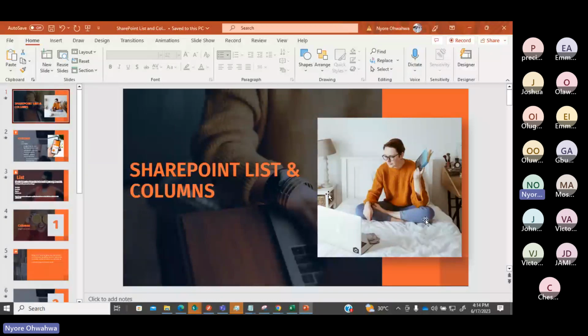So today we're going to talk more about SharePoint lists and columns. And we also stated what a list can do last week.